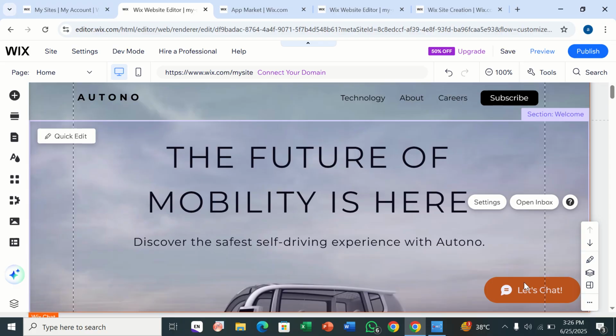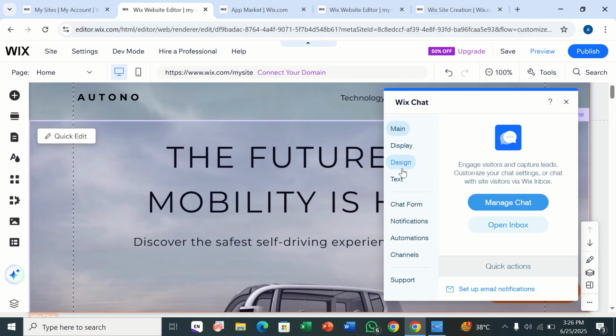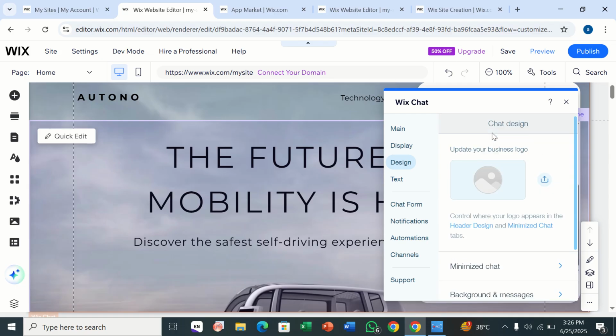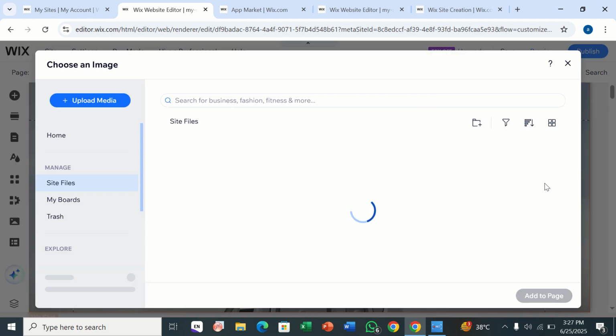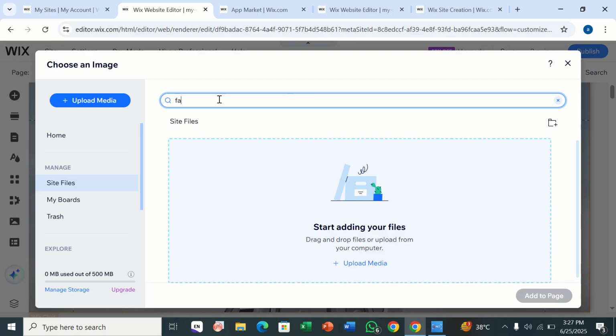So you can use these, or what you can do is you can go to the settings. Let's just say I want to change the design. You can change the logo by uploading it. I'm a bit curious about how this logo is going to work. If you have any file, it's going to appear over here, but if you don't have any, you can search here. Let's just say I type here